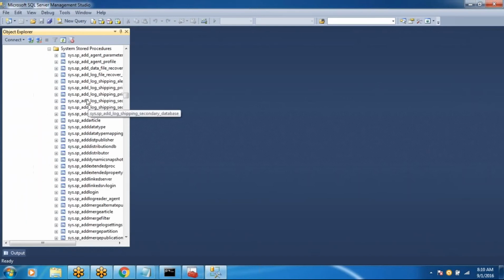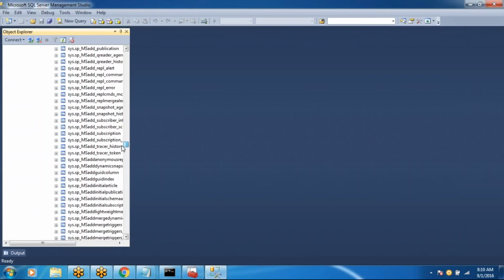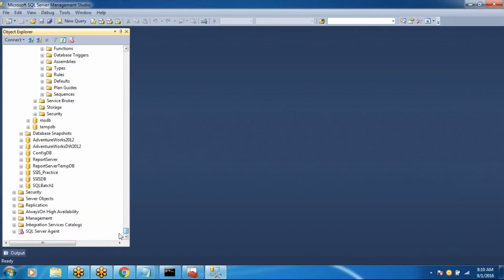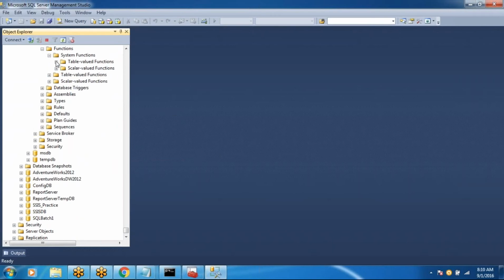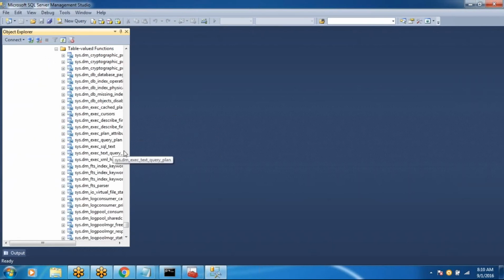You see here all the system stored procedures, all the aggregate functions, all those things. These functions, table value, system, are our system defined functions.